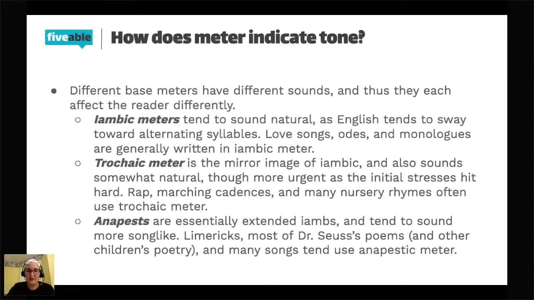And then third question here: will a specific question about meter be asked on the test? Maybe. Usually it's not asked directly. It would be in the form of an essay, where you can use such elements as figurative language, rhyme, and meter. Maybe in the multiple choice somewhere, like how does the meter affect the tone of the poem, or what meter is it? But that's not a normal question. This is more like something you can use to help you understand something. So I believe it answers that.